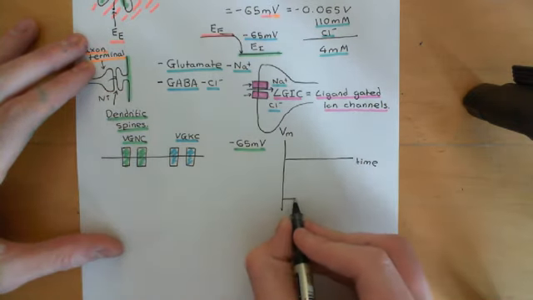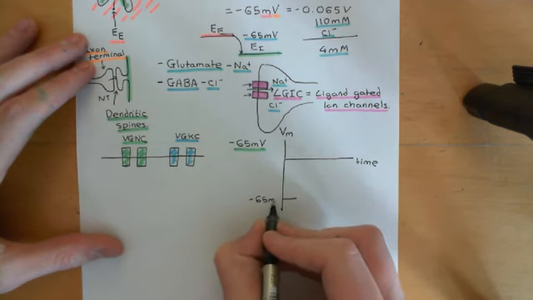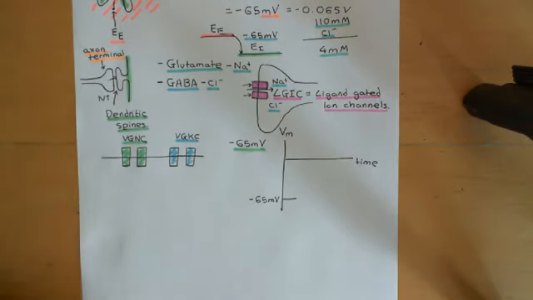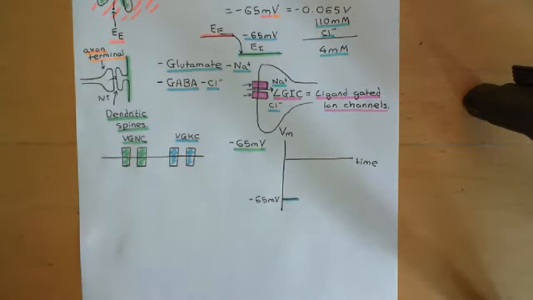This is the electrical potential difference across the cell membrane of the axon hillock, and it started off at this resting level of negative 65 millivolts down here. Now let's say we get a period where we're getting more excitation into the dendritic spines of this neuron